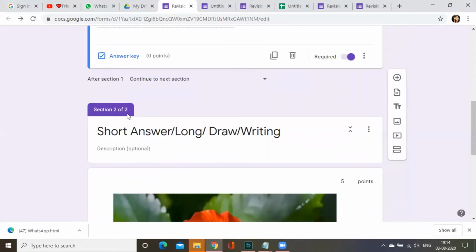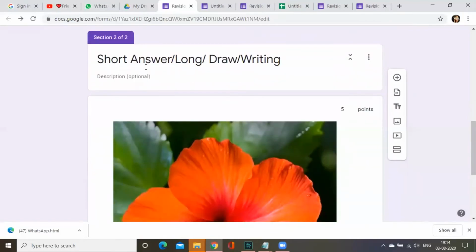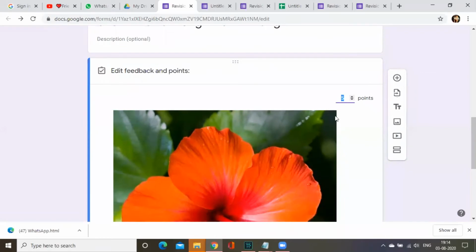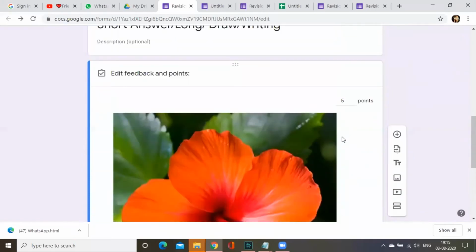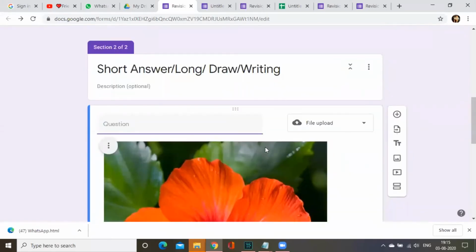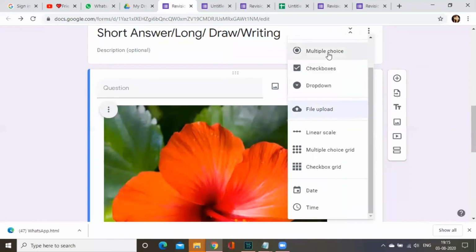After that, we go to the second section, and we are adding the short answer, long answer, drawing or writing, whatever you want to give. Here you need to click on add question, and in add question you need to select file upload.